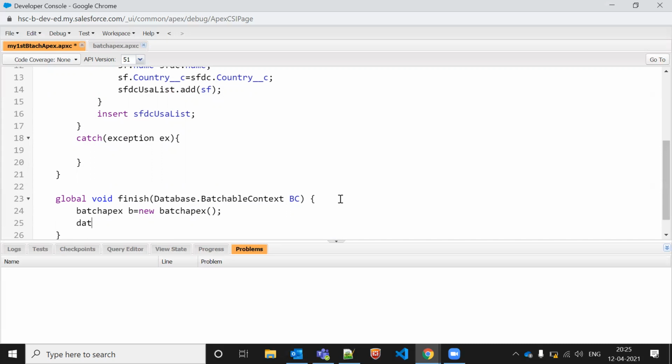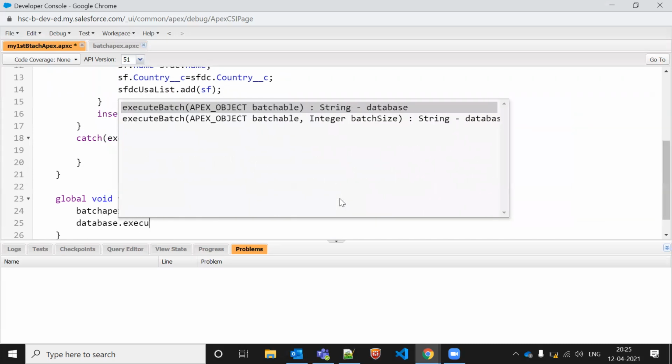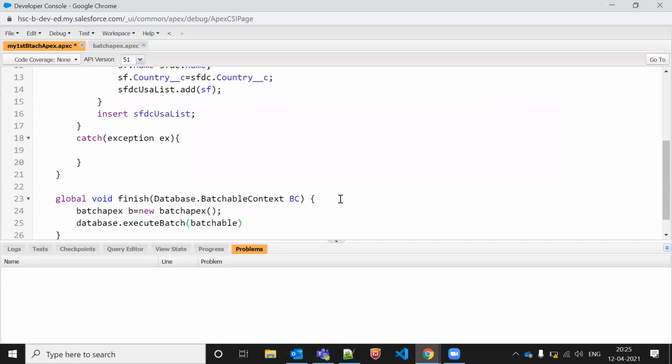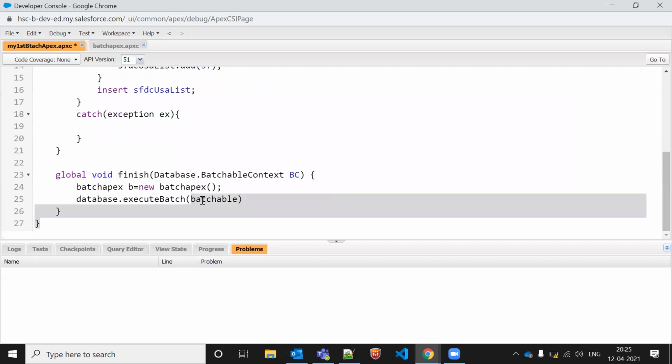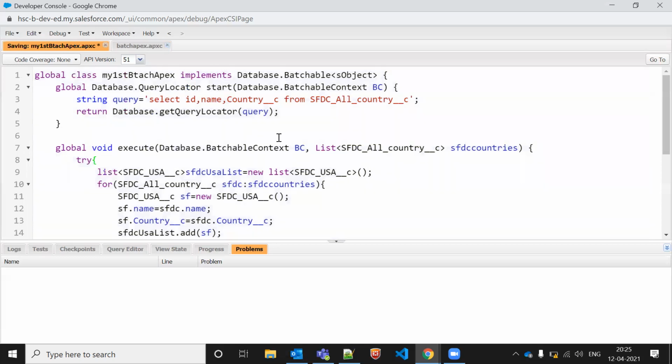If we call this batch apex, first, what will happen? It will retrieve the number of records from the database. Let's say we have 100 records in total.